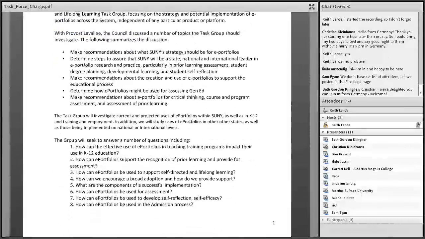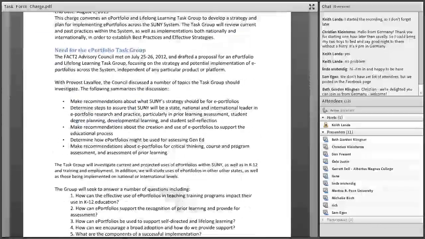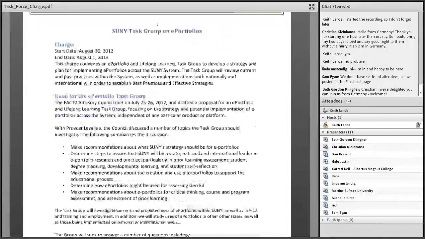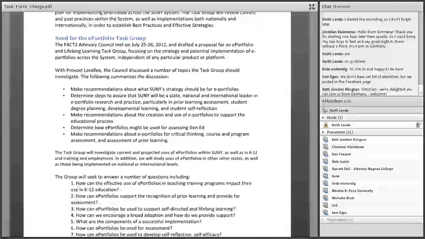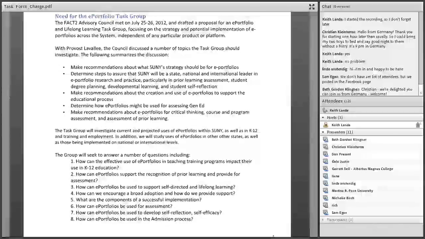And so I see someone scrolling through the document here. This year, the FACT2 group has constituted a task force on e-portfolios to look at what's being done with e-portfolios across the SUNY campuses, and to make recommendations about how to promote e-portfolios, what kind of processes we should have in place, how to coordinate e-portfolio efforts across the 60 plus SUNY campuses.